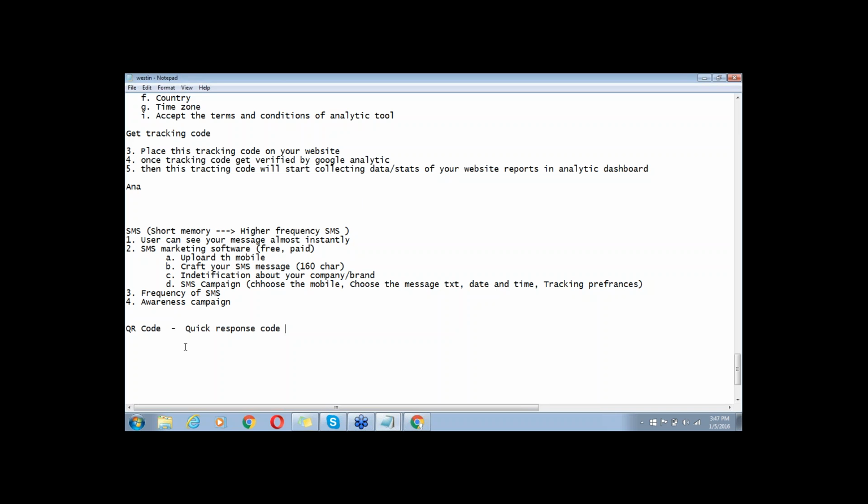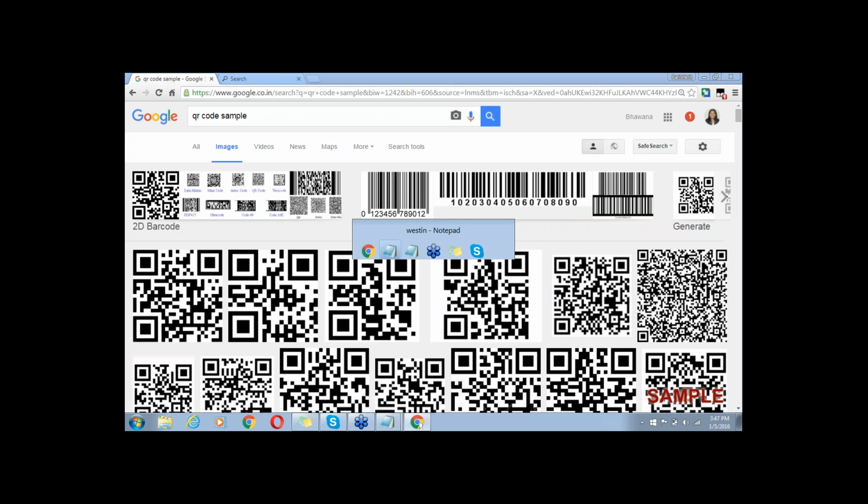So we are going to discuss the QR code. The full form of the QR code is quick response code. When you want to respond quickly with some specific things, then it's called QR code. QR code has three aspects.